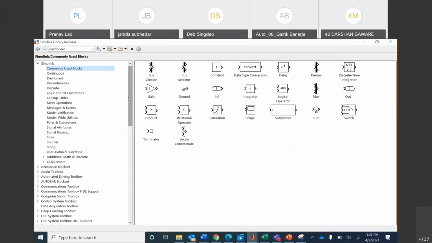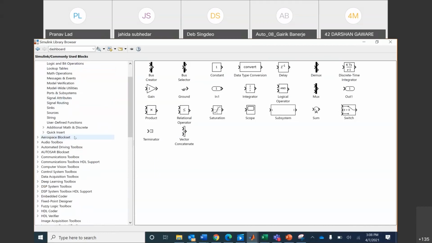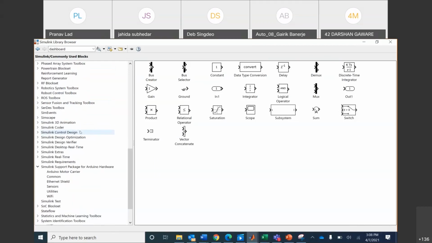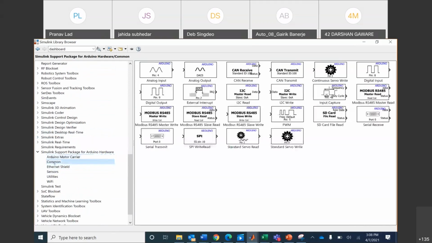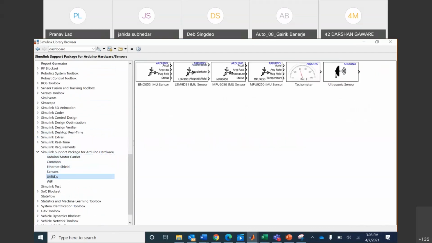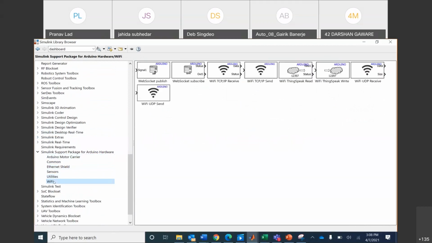Now, the point of interest for us today is, once you have installed the hardware support package for Arduino, in this library browser you will see one set of blocks like Simulink Support Package for Arduino Hardware. If you expand it, different blocks will appear which are particularly for Arduino, right?